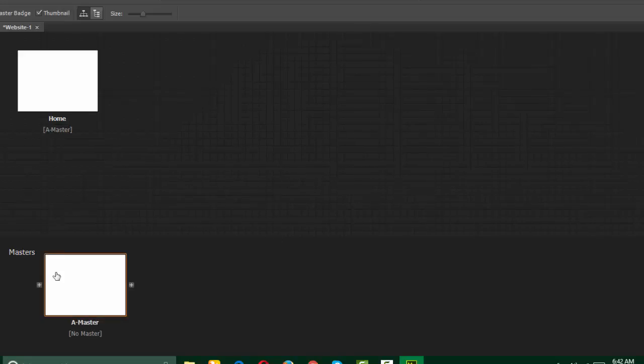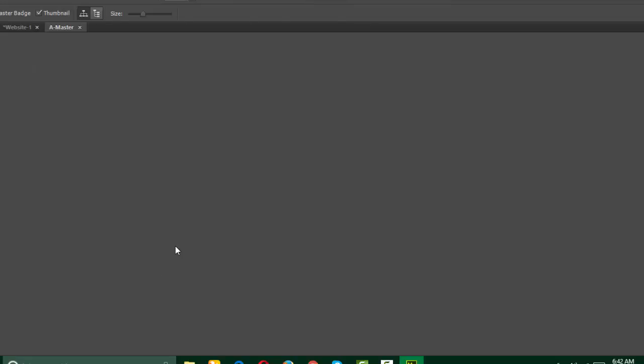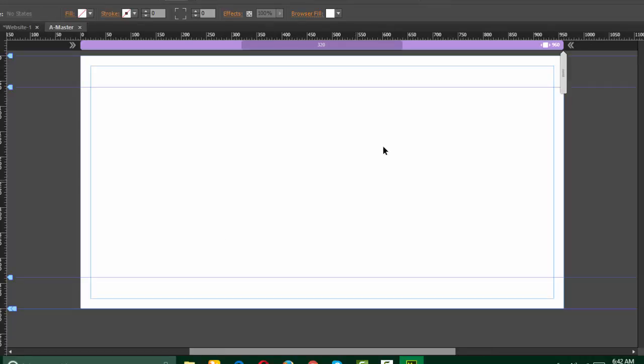Okay, so all you need to do, simply double click here. It will come up with the basic setup that you should notice. That is the white space, which is the browser field. You should notice here is a browser field. And a very basic thing, if you want to add any specific element, all you need to do is use the rectangle tool, or you can press M, and let's make it full width and change the color as it's